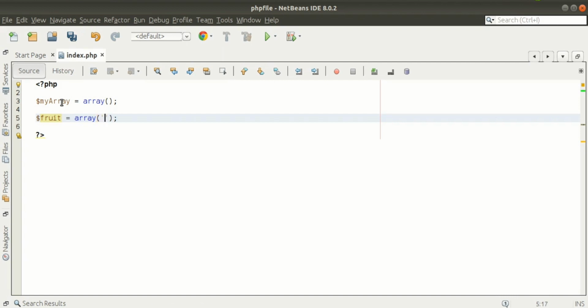Inside this array we can set apple, banana, mango, like that. Means here I am storing three fruits, apple, banana and mango in an array. So if we have this fruit variable, then we can access all these things.